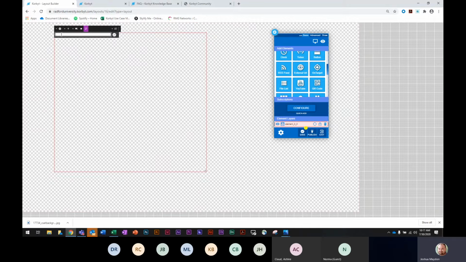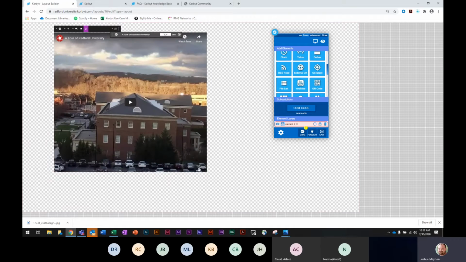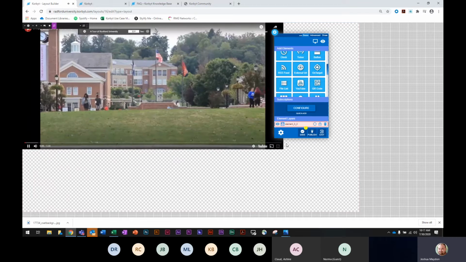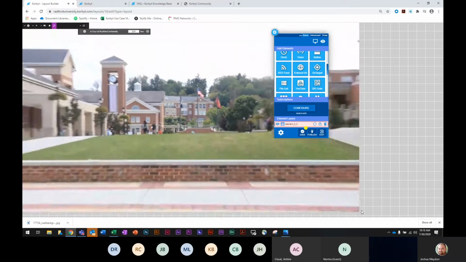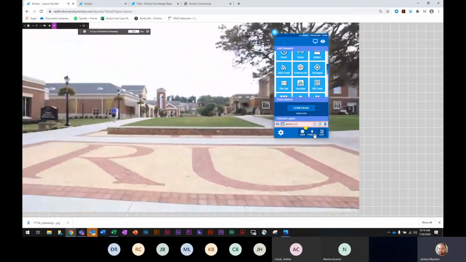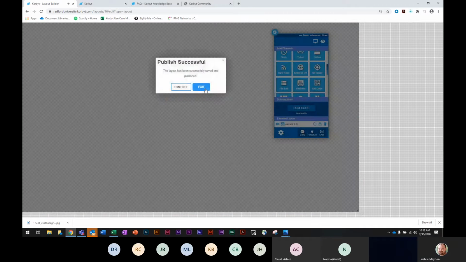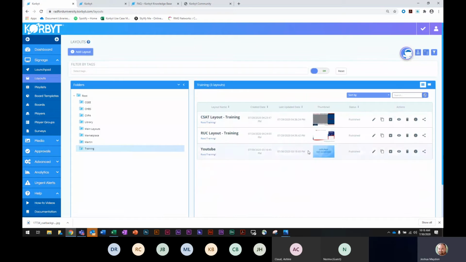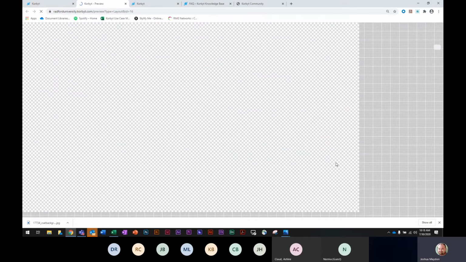So we just simply paste it in, and now we have the tour ready for us to use. We'll simply publish this and exit. And now there's a YouTube layout that has that tour linked to it. So if we preview this layout,